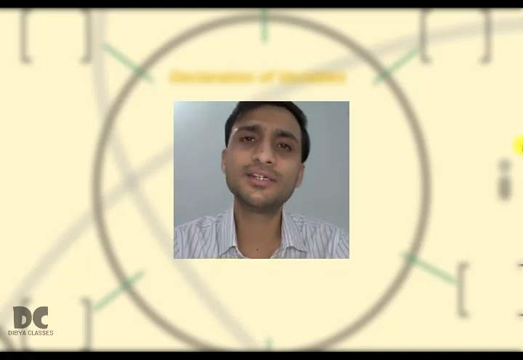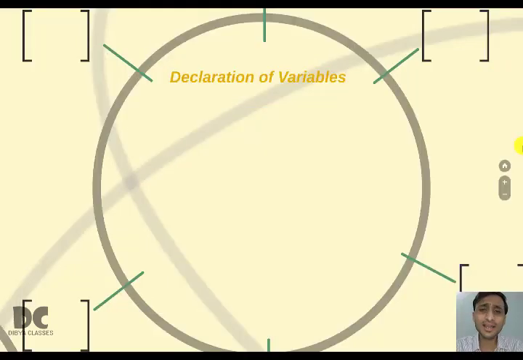So let us start. Declaration of variables. Declaration of variables is nothing but creation of variables. Last class we understood that variables are nothing but storage locations. For example, if you want to store a human being, you need a house, a home. For a cat, you need a cattery. For a dog, you need a kennel. So for different types of animals and living beings, you need different types of houses. These houses are known as variables, and the type and how big the house is, is told by the data type. So today we will learn how to create those variables.